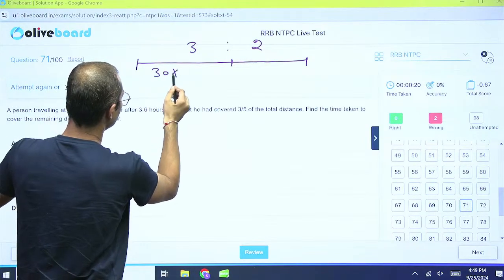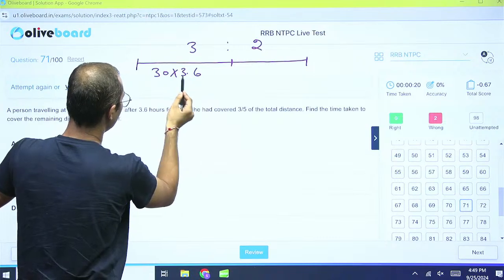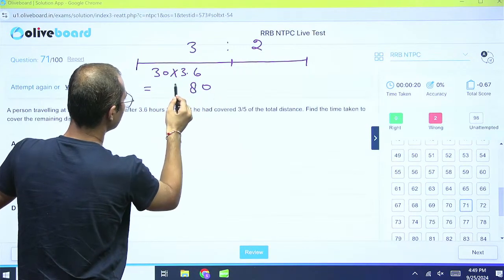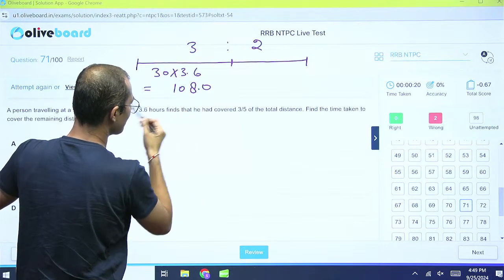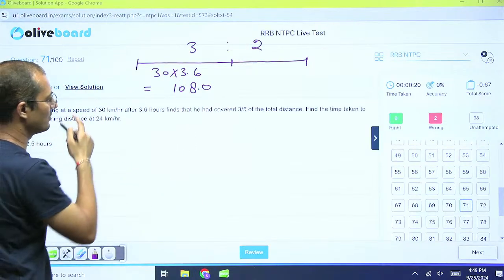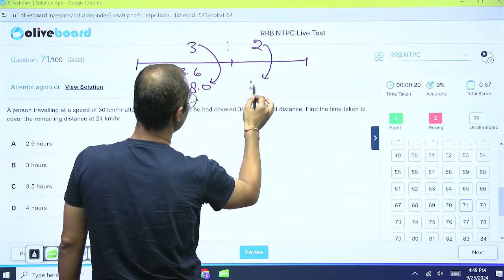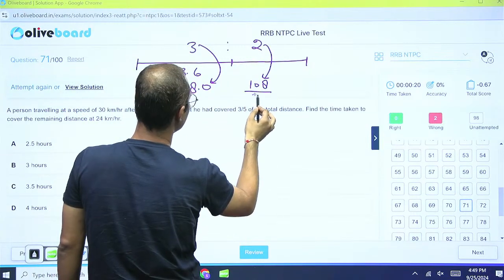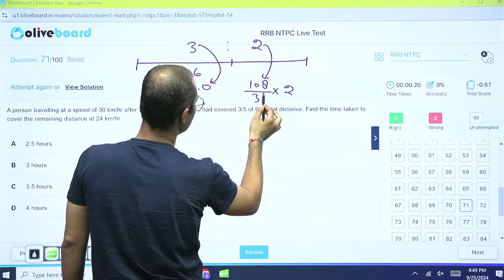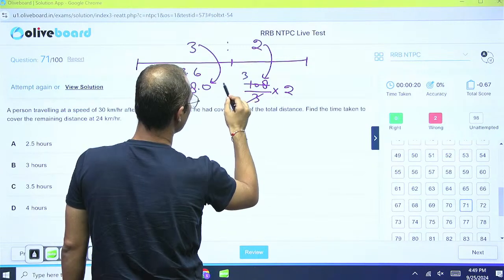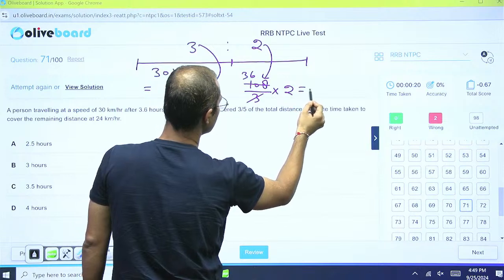So 30 into 3.6, right? So we will get 0, 3 6s are 18, carry 1. So this is 108 km. So this is equal to 3 units. So how much is equal to 2 units? So 108 divided by 3 into 2. So this would be cancelled out. 3 3s are 9, 3 6s are 18. So this would be equal to